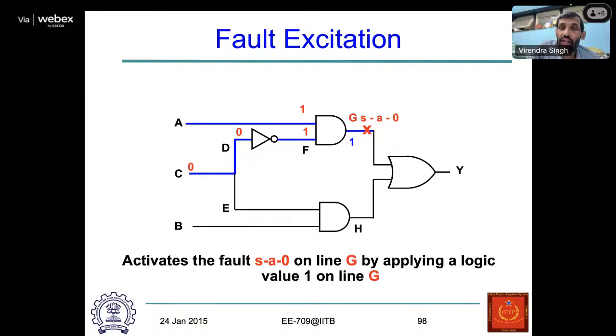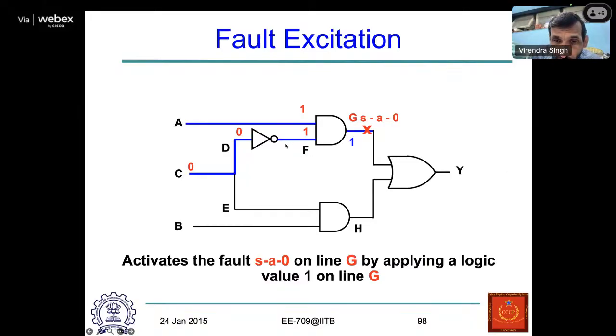I need to apply some input which creates the opposite value at G, because then the fault-free circuit gives me some value, and the faulty circuit gives me a value which is different from the fault-free value. Therefore, in order to test this,